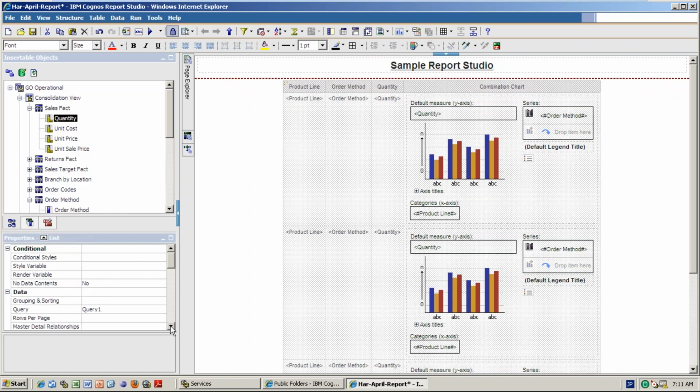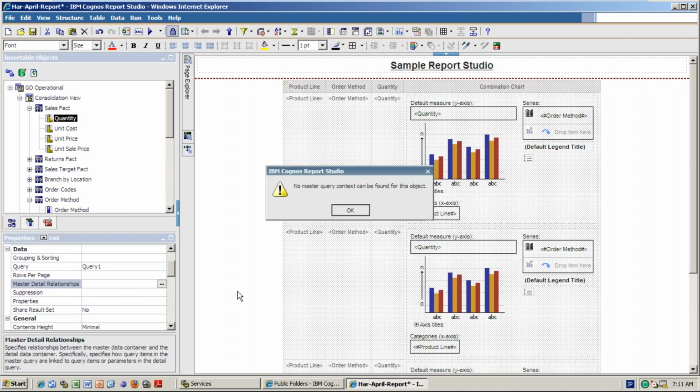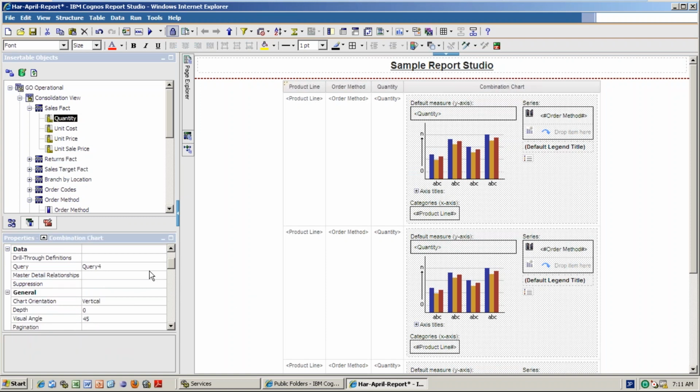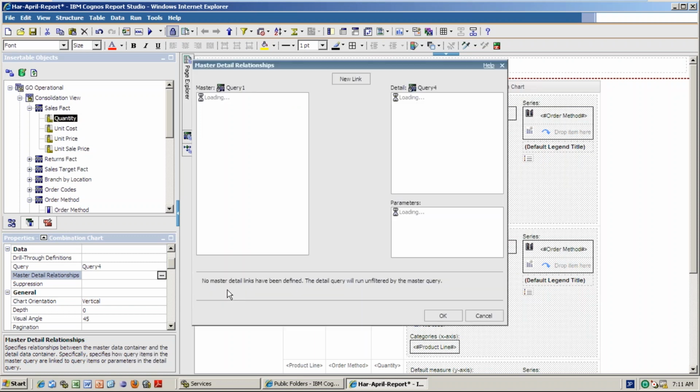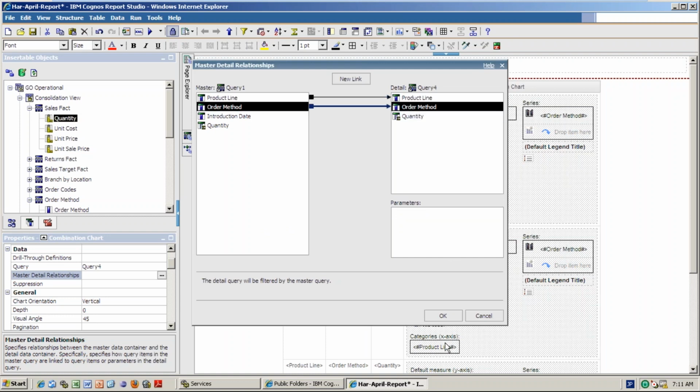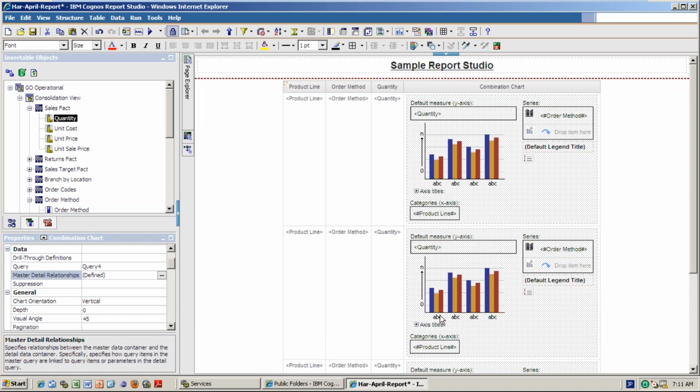Now the master detail relationship will be there because you dragged within this. So it will allow you to go ahead inside. Select here. So see now. Product line to product line I need to join, and order method to order method. Click OK, because you are joining both things.